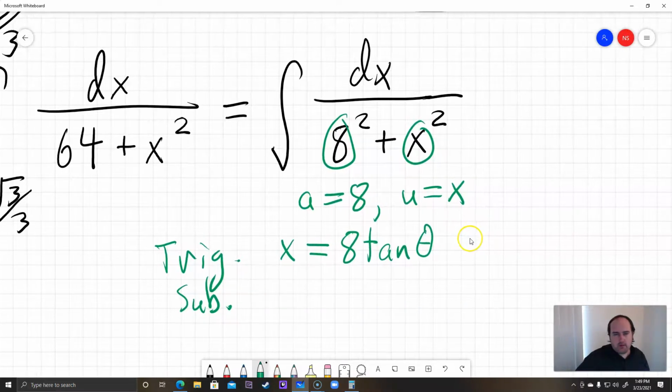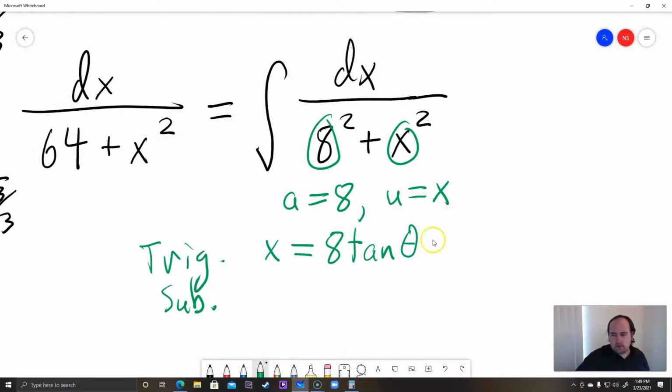You might be wondering, well, how do I know this is going to work? Well, I don't know it's going to work 100%, but it's the closest one that we have. So we're going to roll with it. Okay, so if x equals 8 tangent of theta, then we know that dx